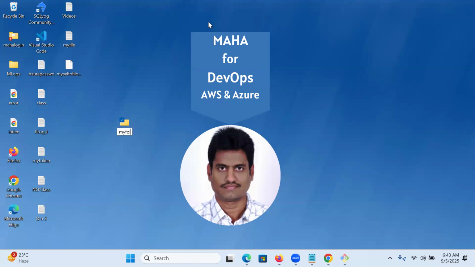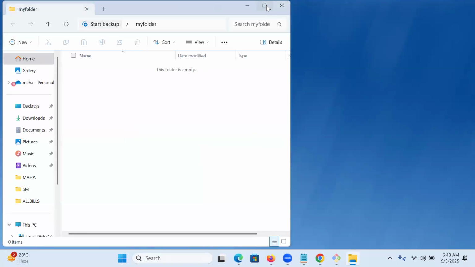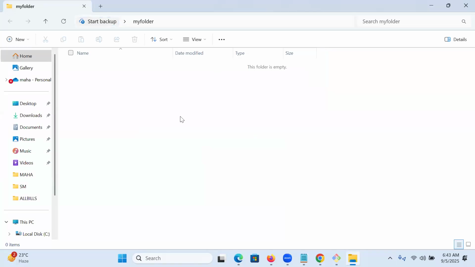My folder. Once the folder is created, how do we open it? Double click. Guys, please remember each and every step I'm showing you, because I will repeat it in Linux also. Once the folder is created and you double click, it will automatically open.